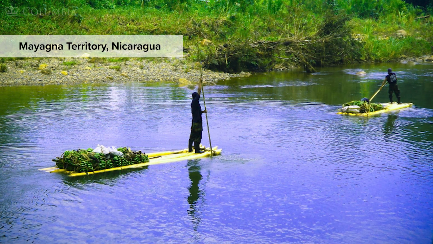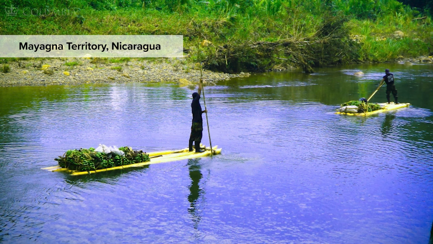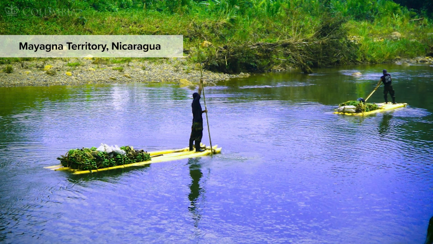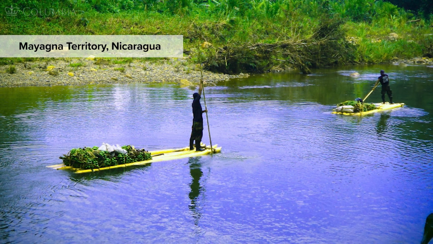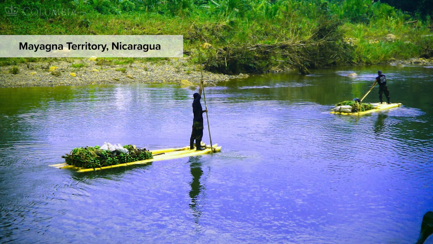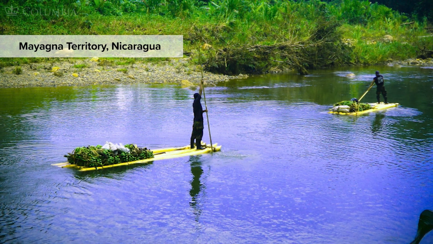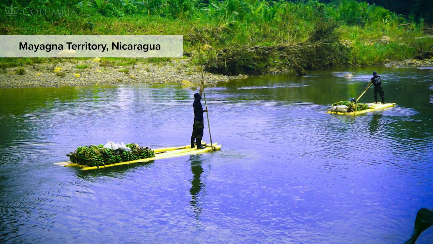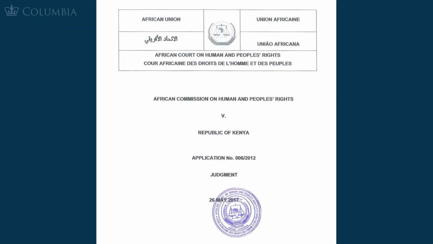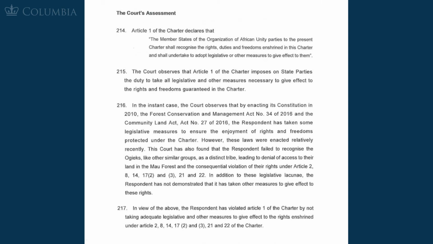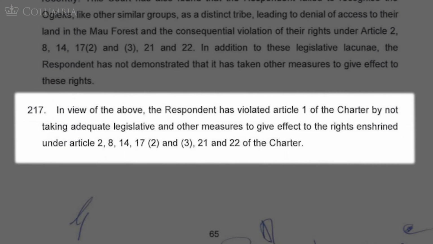In 2001, the court found that the Mayagna had a right as indigenous peoples to their collective land, and in December 2008, the government completed a process of demarcating and titling the land, giving them title to around 73,394 hectares. Similarly, the African Court on Human and Peoples' Rights has found in favor of indigenous people's rights in the Ogiek versus Kenya and other cases. In the Ogiek case, the expulsion of the Ogiek people, a Kenyan hunter-gatherer community, from their ancestral lands in the Mau forest was found to violate several rights.